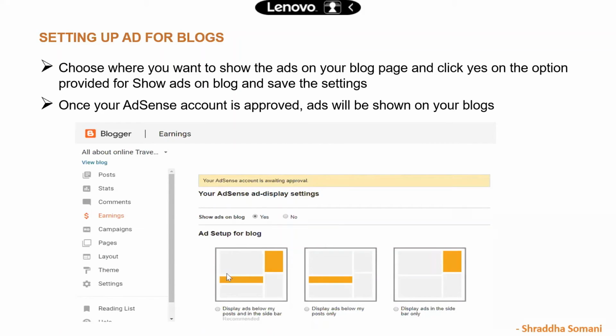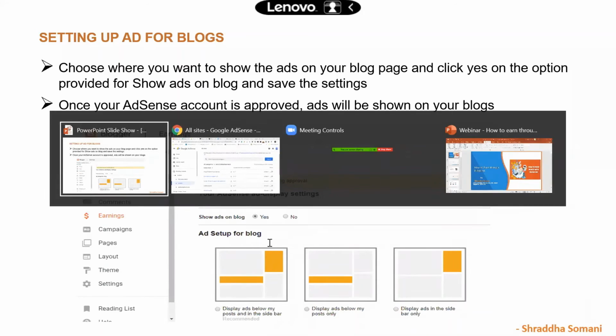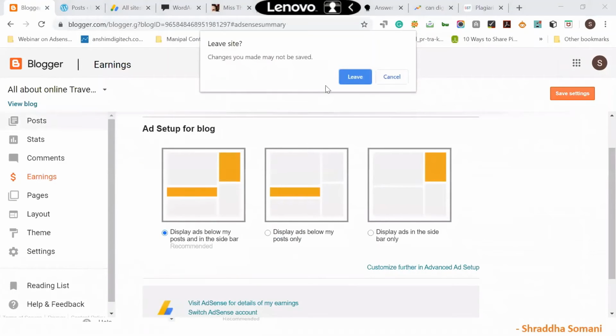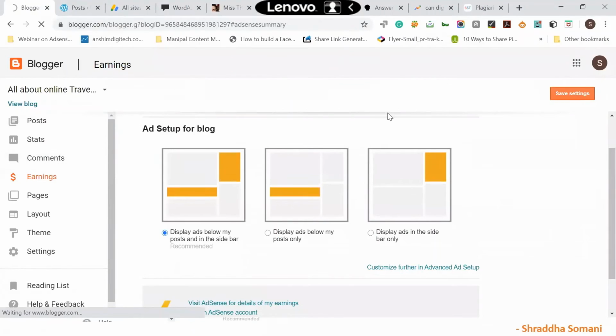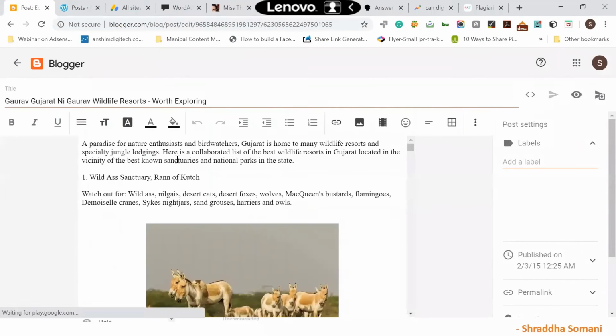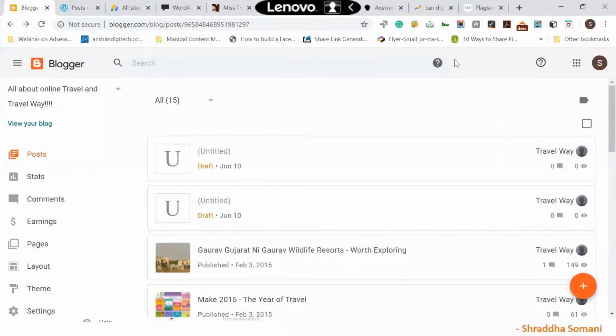Okay, edit the post. Yes, once you have published your blog, and if you want to edit anything, you can do it again. No issues with that. I'll just show you the interface of how you can do it. Okay, just wait for a second. So you'll go to the blogger, whatever post you have, you can go to that post, and over here, you can just open that post, and whatever you want to edit, you can edit on that post, and then you can publish it again, right? So this is how you can edit your blog post.